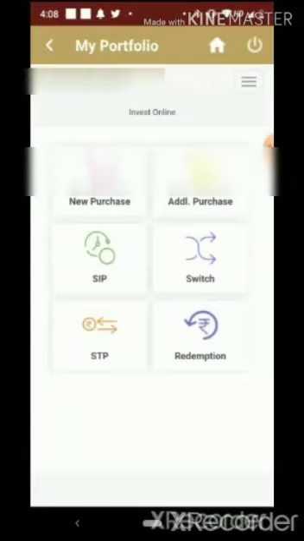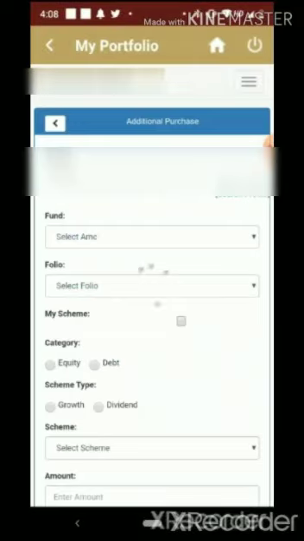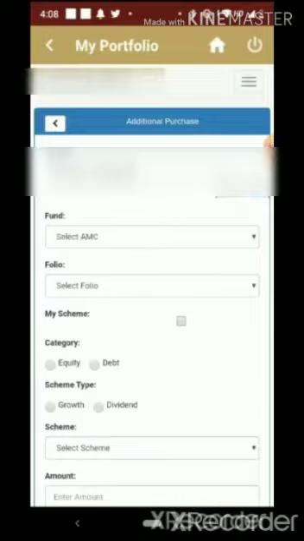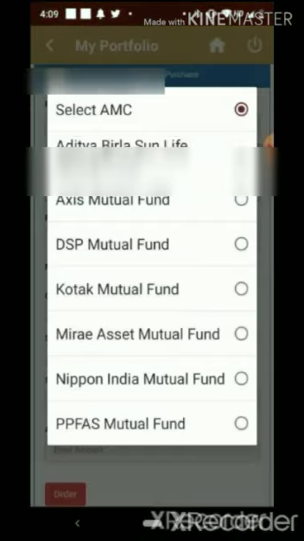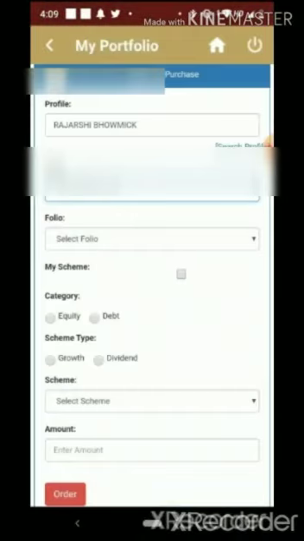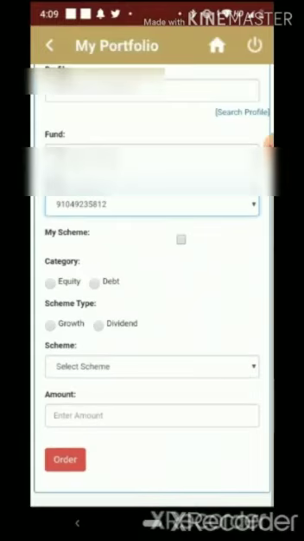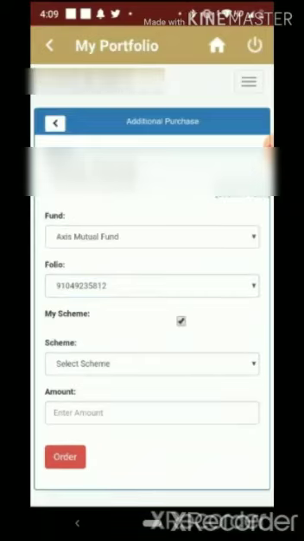Now we will see additional purchase. First you have to select profile, then you have to select fund house, then you have to select portfolio number. Now you have to select my scheme, which are the schemes you are already having.